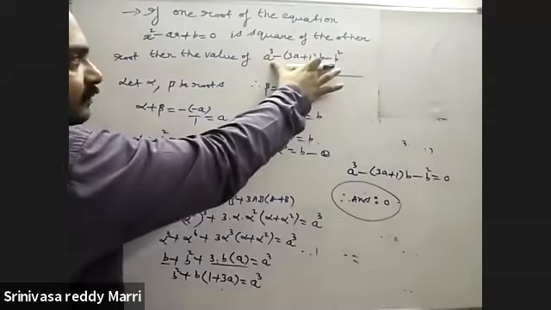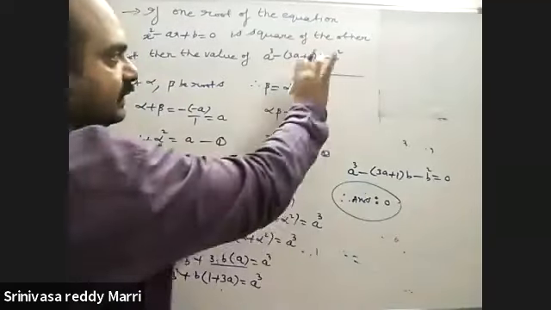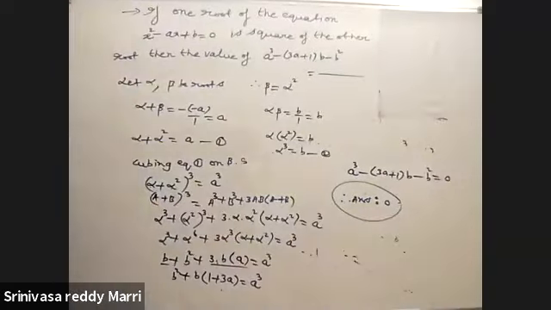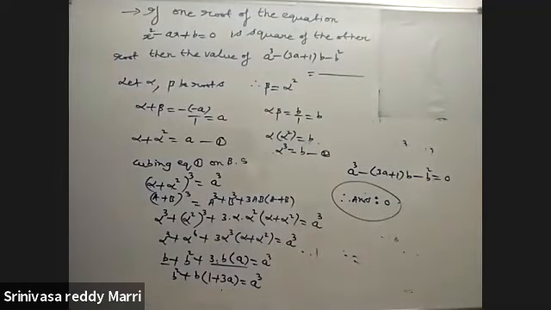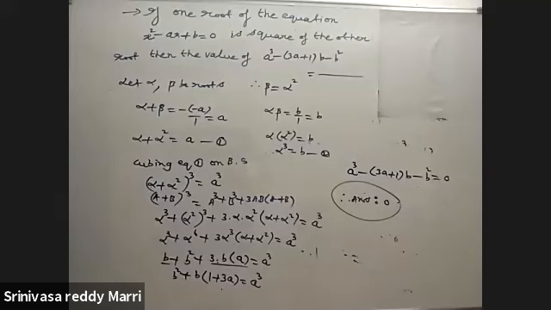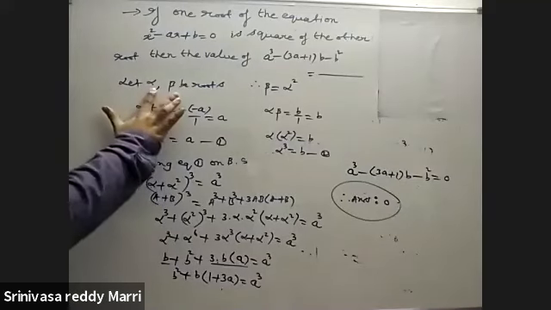One value. What is the value? He will ask. You will get the numerical value here. That value you have to bubble in the OMR sheet. These are numerical type of answers. Now look at the approach. Same approach.